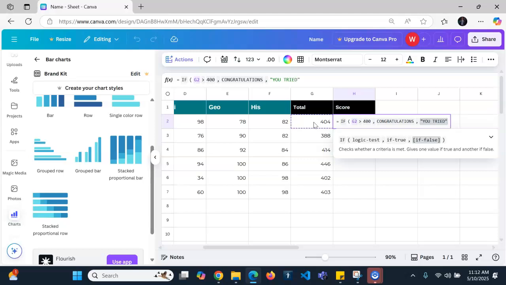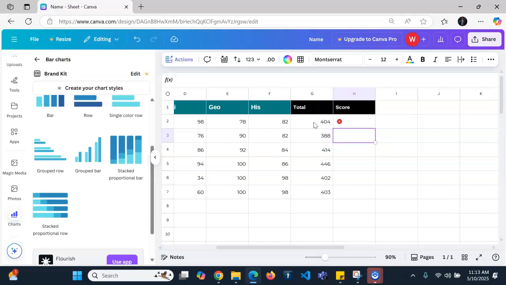Okay, so I've put in an error so that we can learn something. When I enter, you can see it tells me the formula contains an unknown function name, and the moment I click, you can see the difference here,